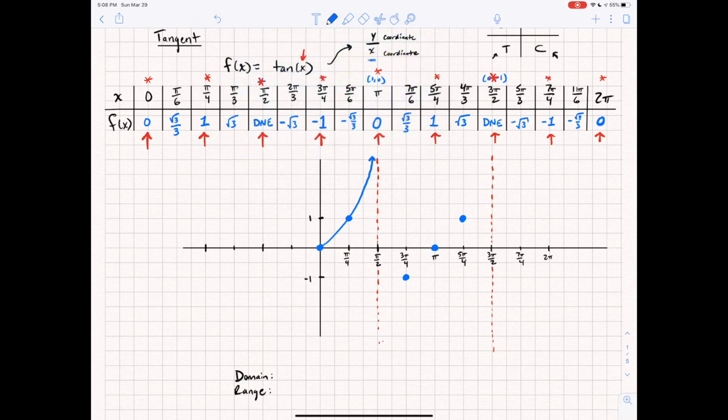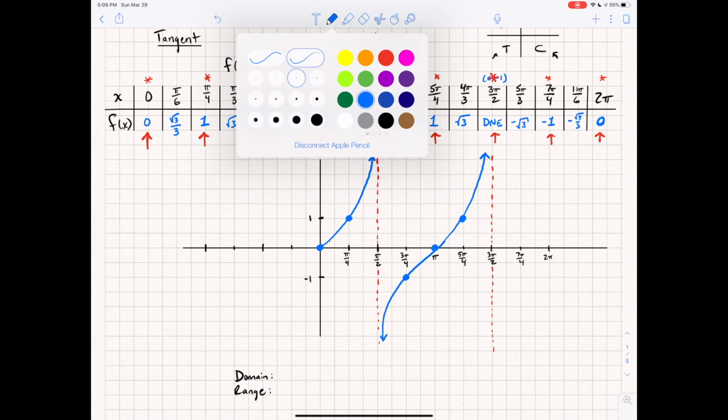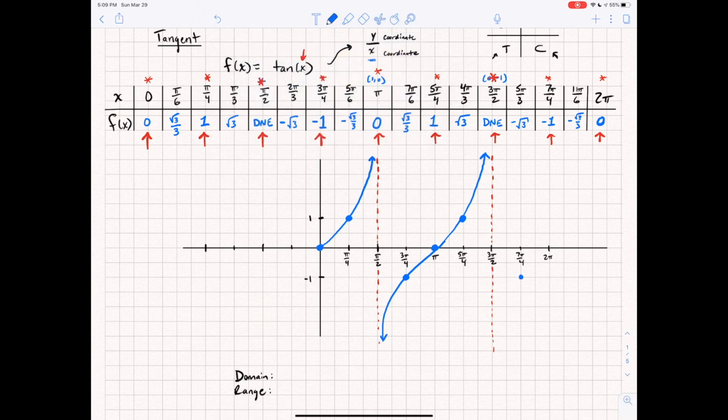And so to sketch this, what it actually looks like is something like a cubic. At 7 pi over 4, we get negative 1. At 2 pi, we get 0. And this essentially, we can continue sketching because this pattern would just continue. Essentially, it would look just like this little piece here, over and over and over again. Now, because it's kind of off center, the part that we're actually going to focus